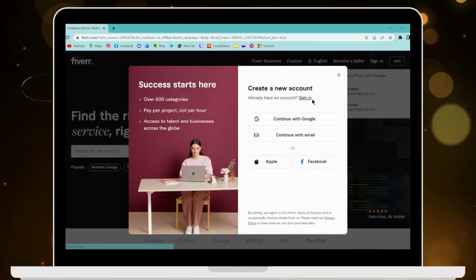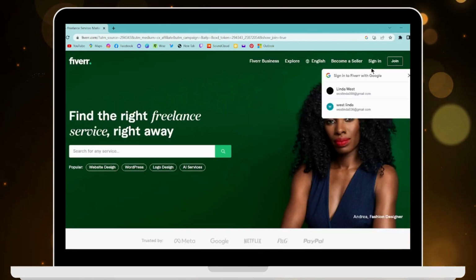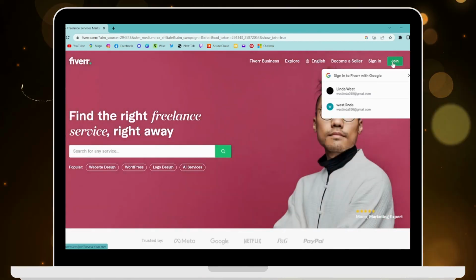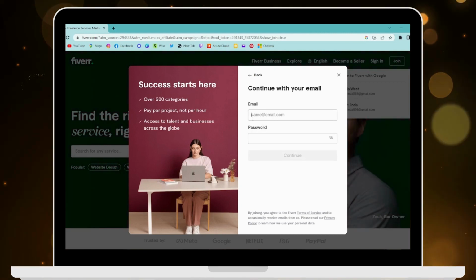So if you want to log in or to sign in, then you can click on sign in and then you can sign into your account. But if you want to create an account, then you can go to the upper right corner which says join, click on join, and then to join you can also continue with your Google or you can also continue with your email. So for now I'll be going through email, and here you have to enter your email address,